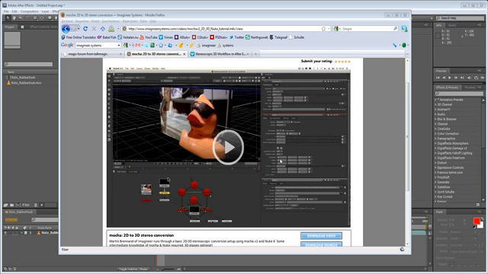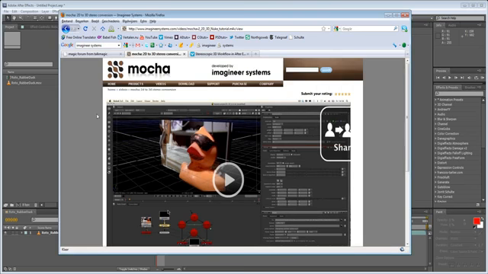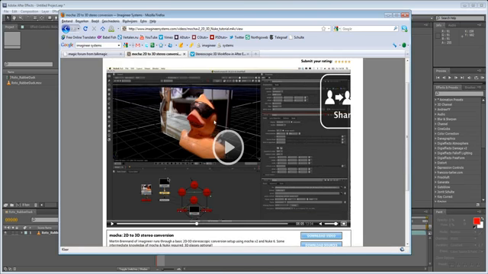from normal 2D footage. And we're going to do that with Mocha from Imagineer Systems, and creating the same effect as the tutorial you can find on the Imagineer Systems website on creating 3D, stereo 3D footage inside of Nuke. We can create that in After Effects, obviously. So let's just start by going into Mocha